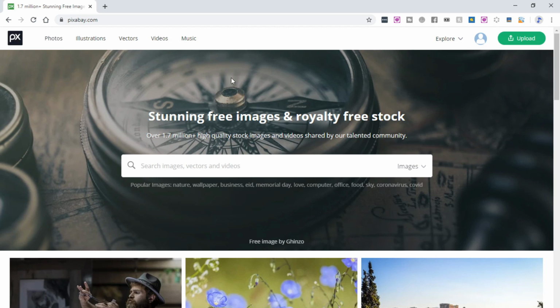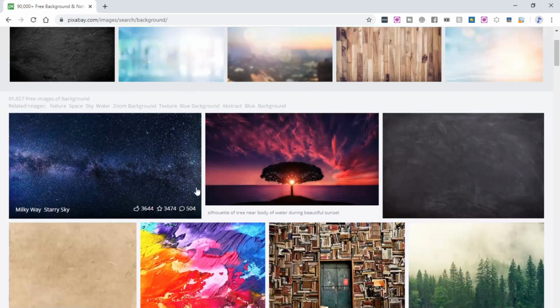If you sign up, then it means you can get the higher resolution images, which is always going to give you a bit more flexibility when it comes to organizing your assets to create your thumbnails. So let's have a look here. I'm going to type in background in here, and you can see that we get a lot of backgrounds here,